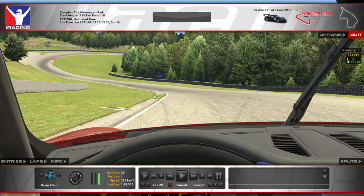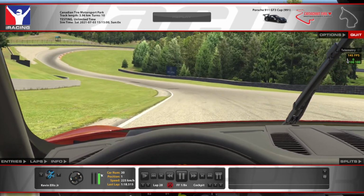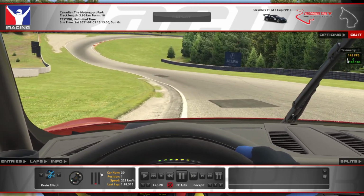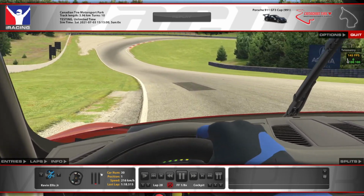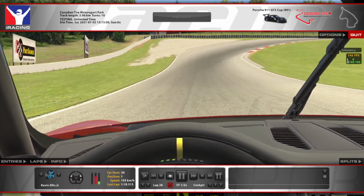As you see this little grass patch come into shot, I'm coming off the throttle very slightly, and then once we get past the end of this here, lifting completely out of it, a little dab of brake just to keep the car tight to the inside. See, nice and bumpy part of the track here, and then as we get past the end of that curb there, there's just another little bit of throttle to keep the car rotating